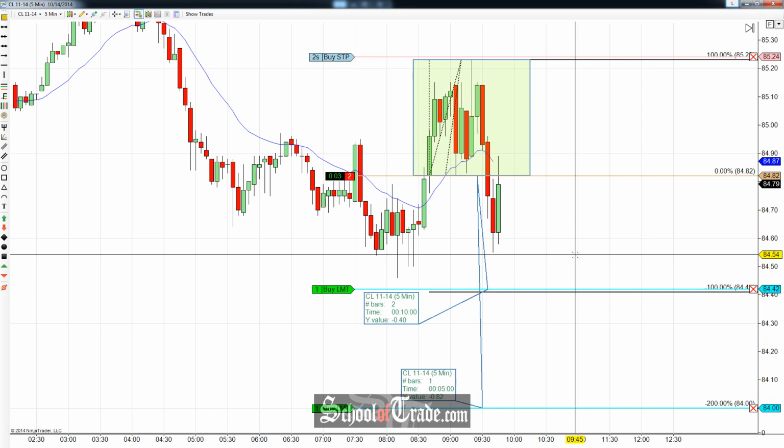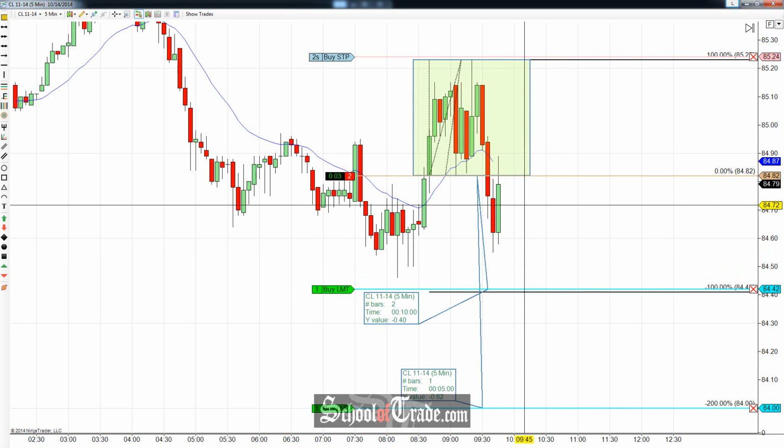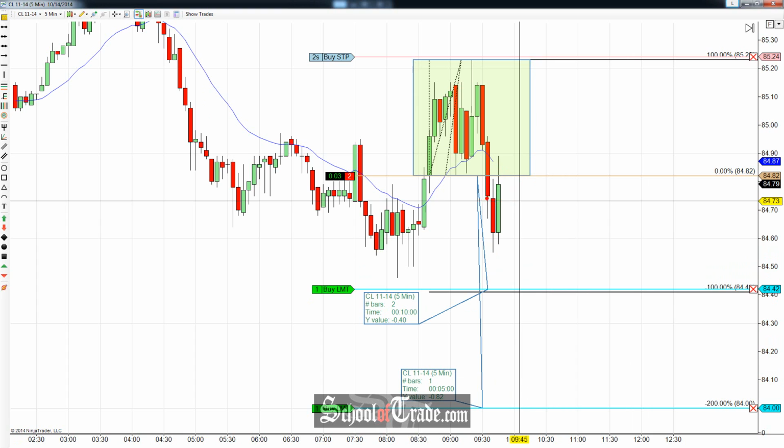I missed the initial breakdown. You'll notice I'm entering a little bit afterward with a limit order, hopping in here. The initial breakdown happened back here, but I was trading something else and I just missed that breakdown. Usually with these spike and ledge patterns, it'll snap back a little bit, test it, and then hopefully from there